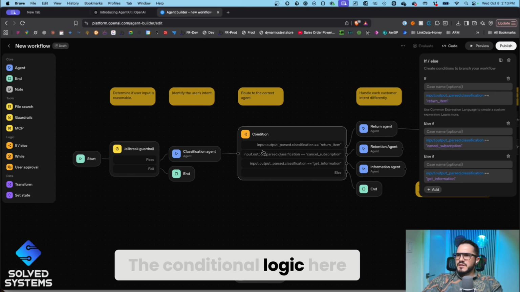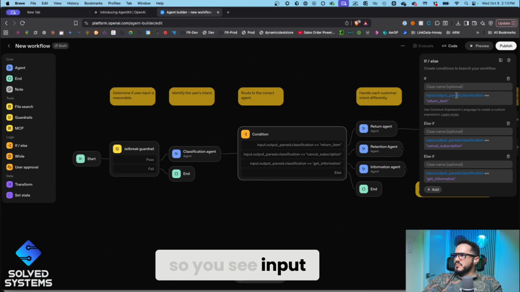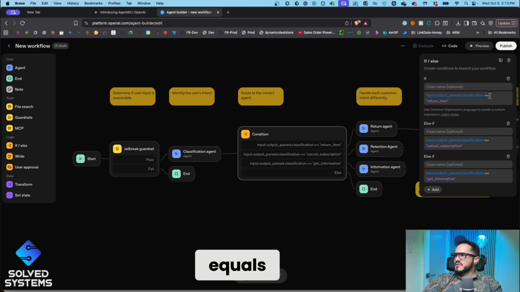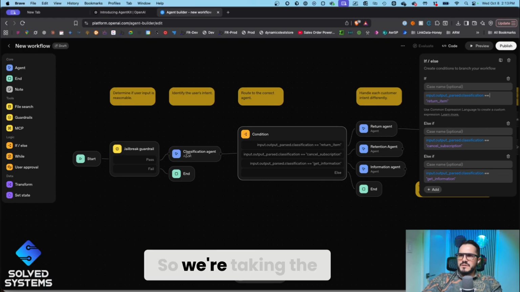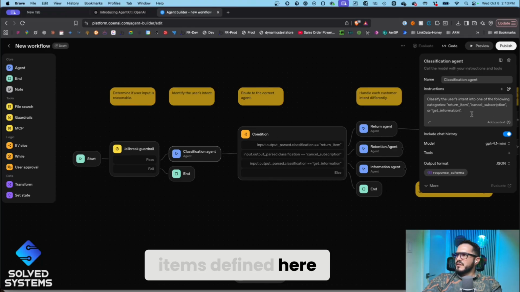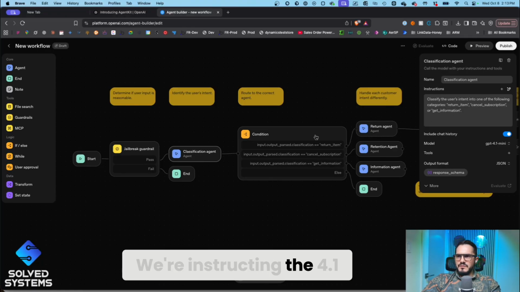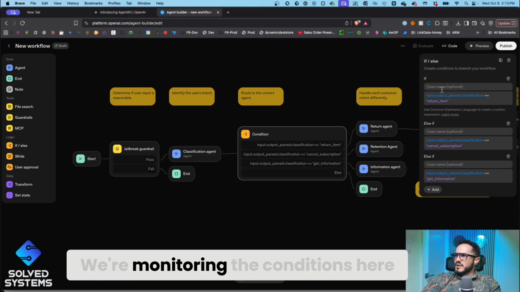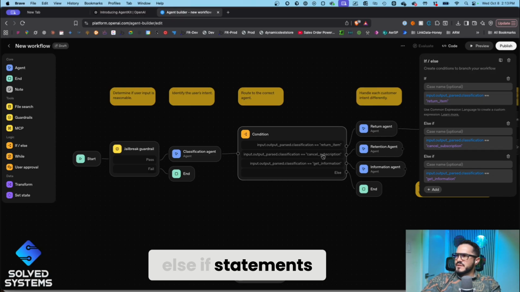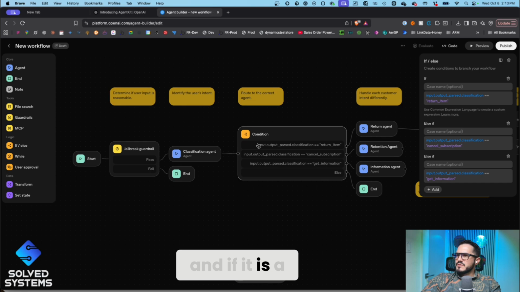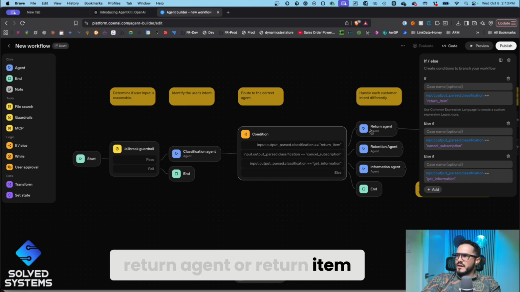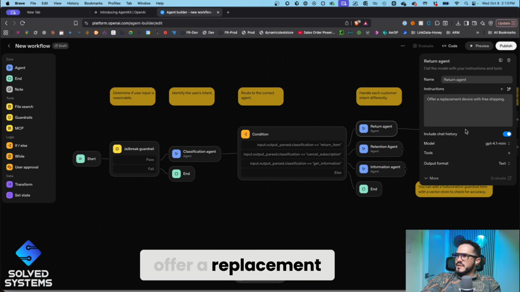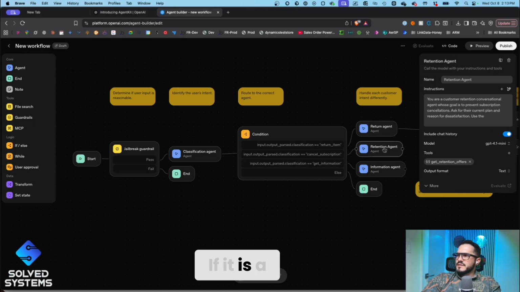The conditional logic here, we define the outputs from classification agent. So you see input, output, parse, classification equals, return item, right? So we're taking the items defined here, right? We're instructing the 4.1 mini to just return these items as conditions. We're monitoring the conditions here. We're giving it some else if statements. And if it is a return agent or return item, it's going to hit the return agent, offer replacement, etc. Right? If it is a